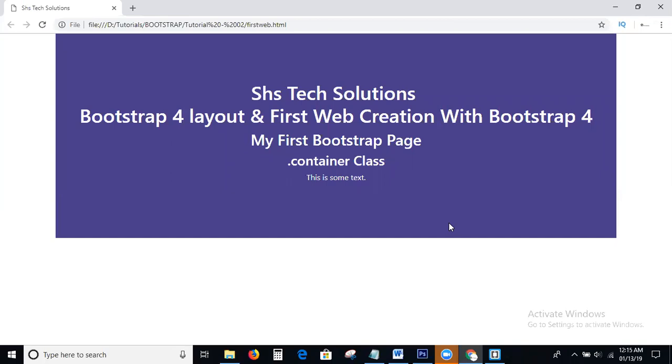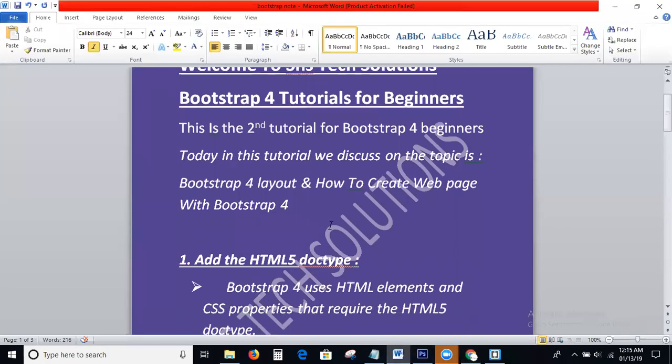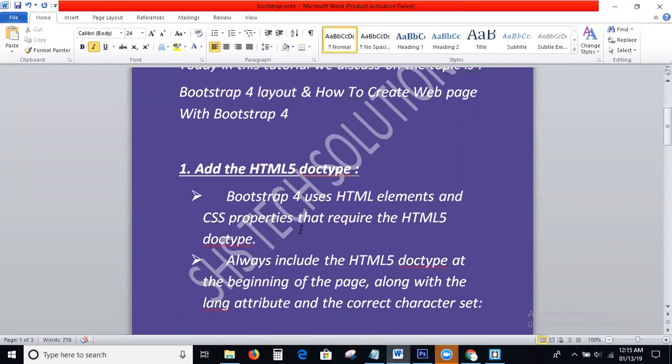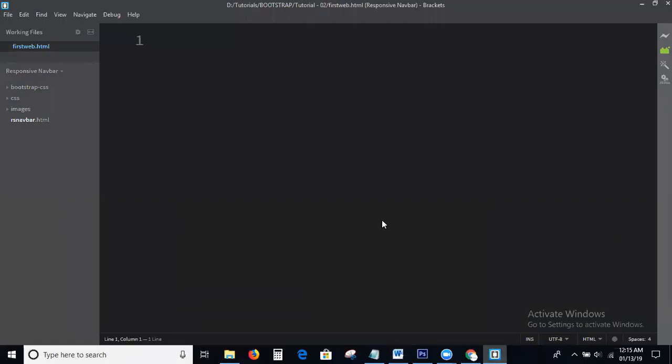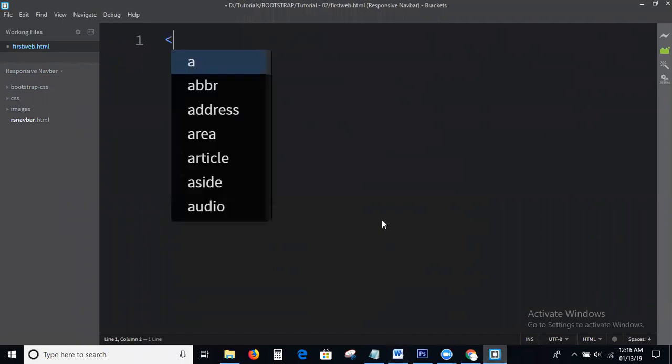Sorry, I'm going to the topic. What we discuss today? Bootstrap 4 layout and first web page creation with Bootstrap 4. This is the second tutorial for Bootstrap 4 beginners. Each and everything step by step I will explain. Here I just create a file. I am not writing anything. Here I am writing